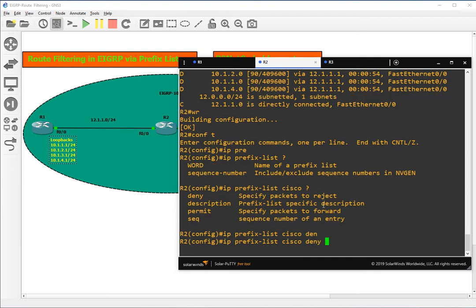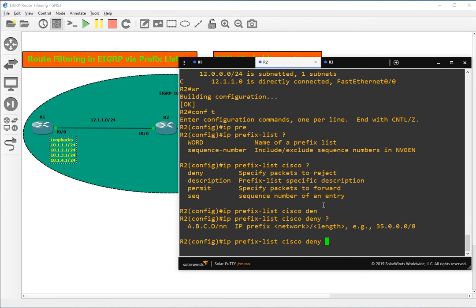We will deny. We can use this format: IP address, then network mask, or slash length. So we will use 10.1.1.0/24 as the mask.